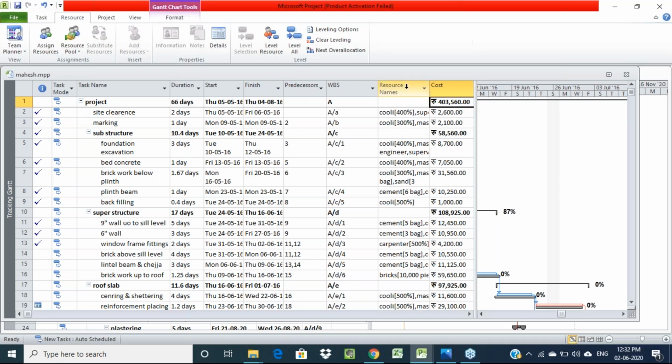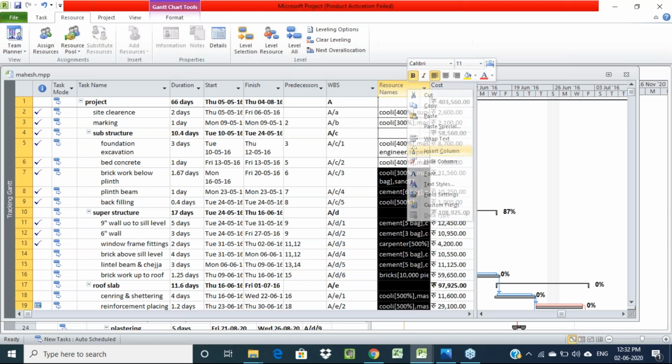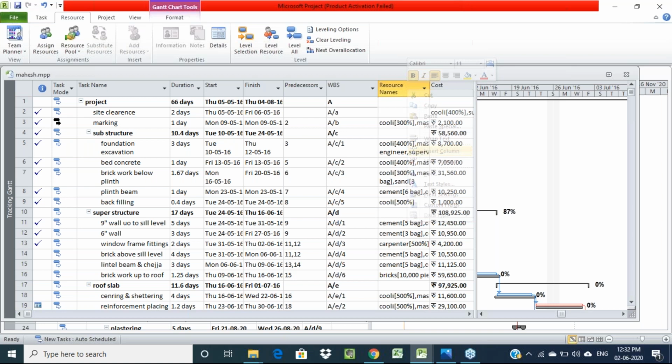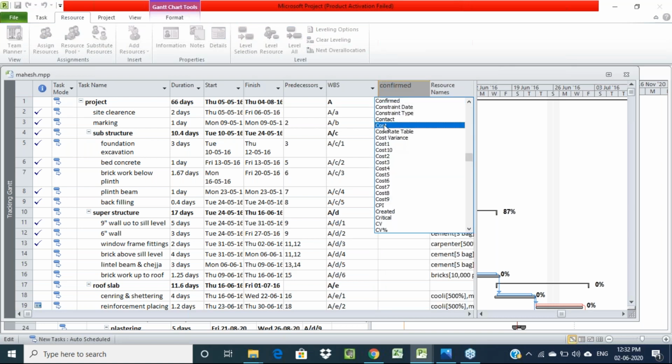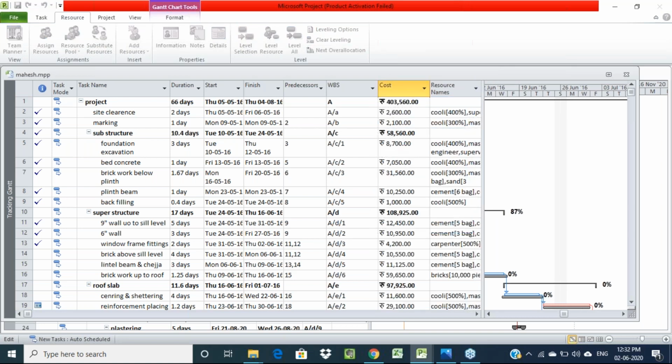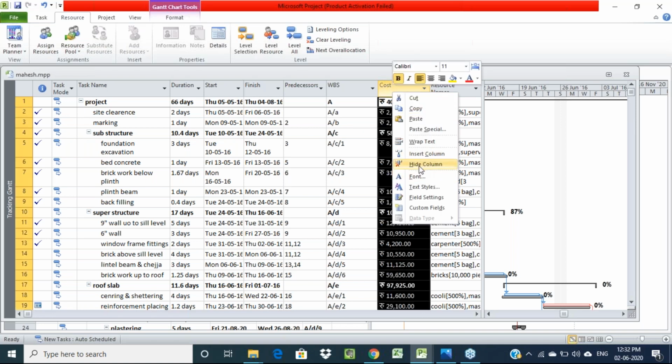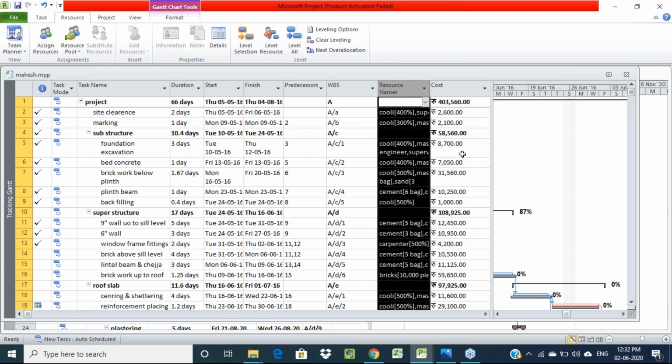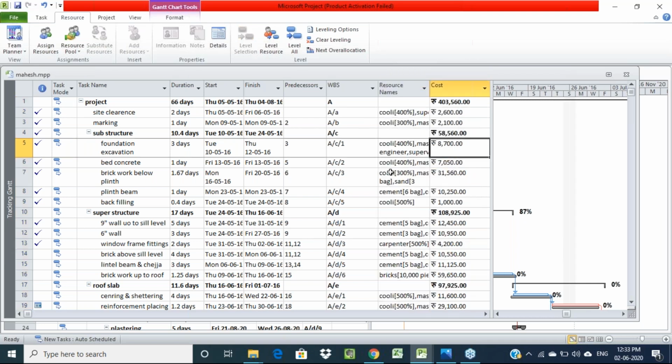So if you want to insert that cost, you just go to insert column, just press C, click on that cost option, and you will get one separate cost column also. Like this we need to insert the cost column, so whatever option you want, you can insert here, right? Or otherwise you can delete also, right? You just go to here, click on hide, so that will disappear. Like this we can insert or delete all the columns.